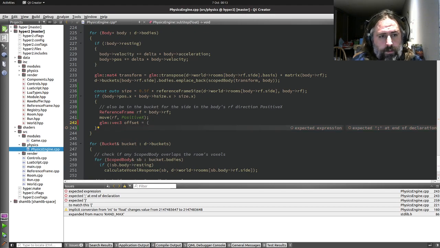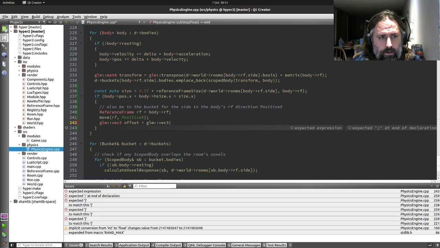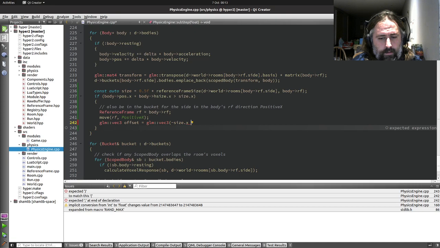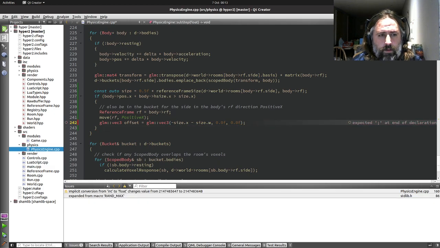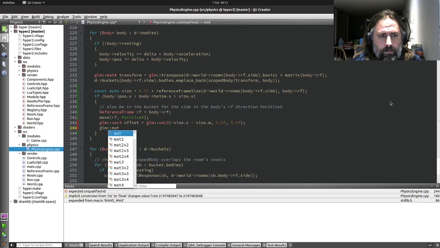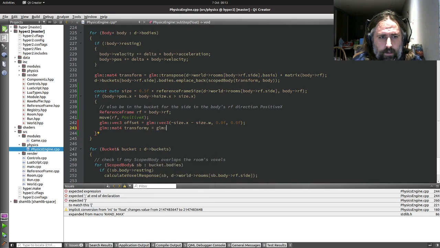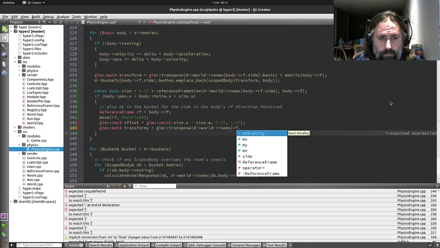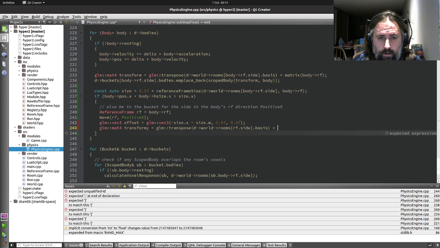So what was the offset going to be? It would be size X and also size W. So that's the offset we need to apply. Okay, so now we can make a new transform. I'm going to call it transforming, and it's going to be the transpose of world rooms on new reference frame side basis. I'm going to times that by